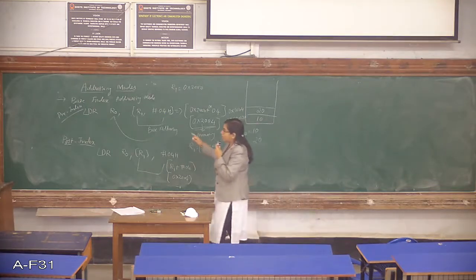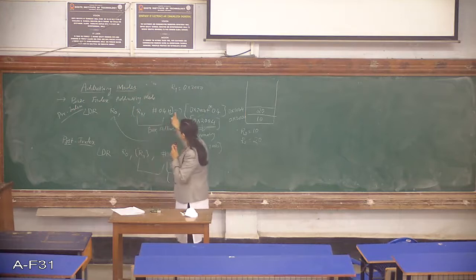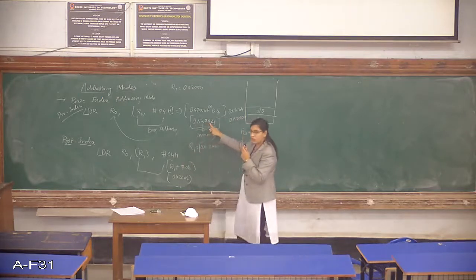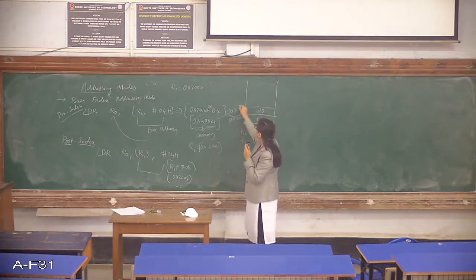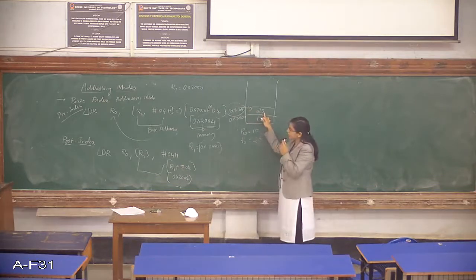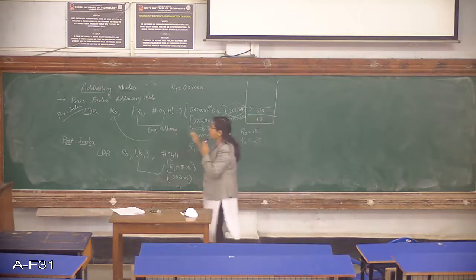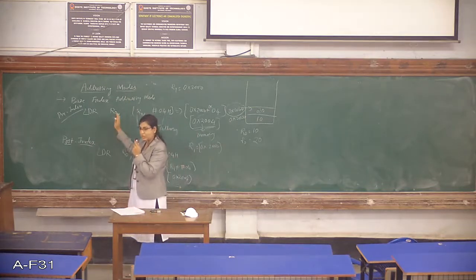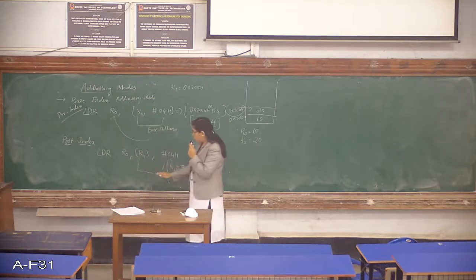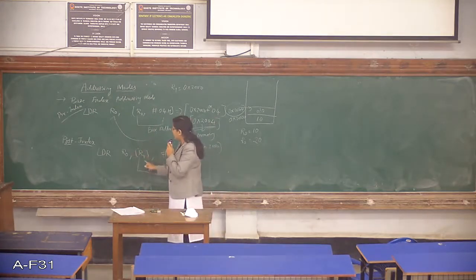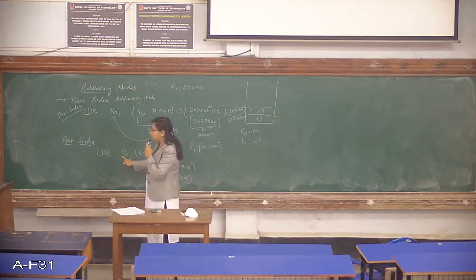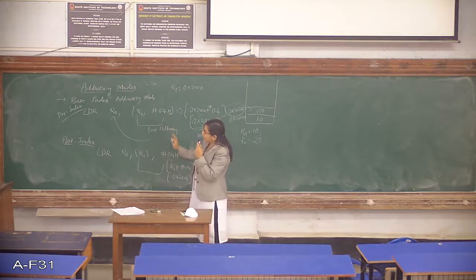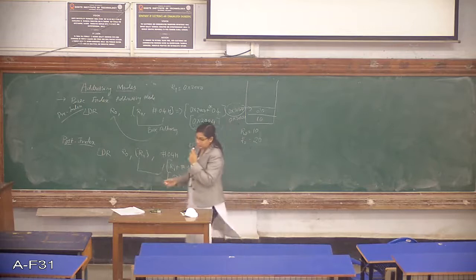So what is happening in a pre-index? In a pre-index, first it calculates the base address. Suppose base address 2000 plus 04, it is 2004. This is the memory location, and what is the data here? It is 20. So this data 20 will be loaded in the R0 register. So first calculate the address, then load the data. In the post-index, first whatever is the value or address, that data will be loaded at R0, and then it calculates the base address. So this is regarding the pre-index and the post-index addressing modes.